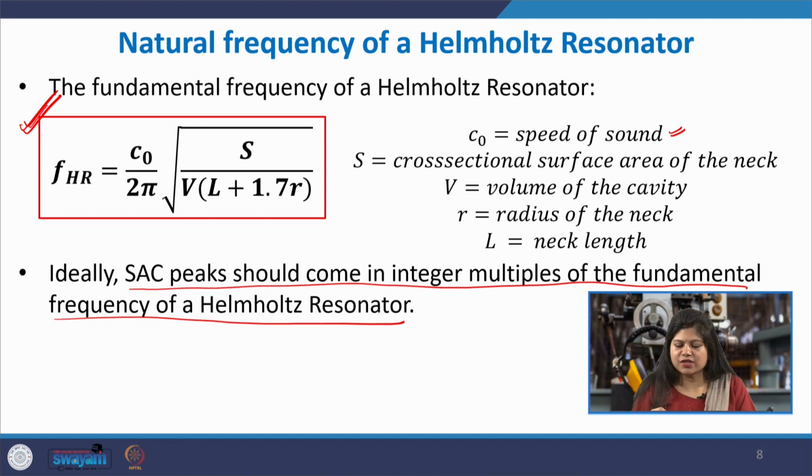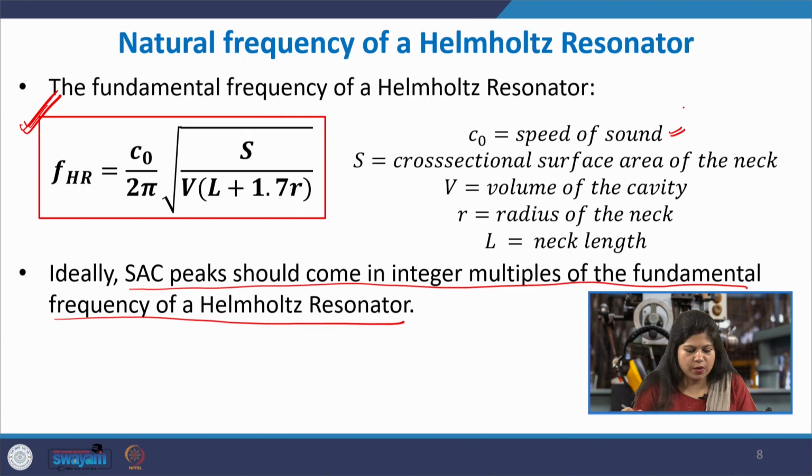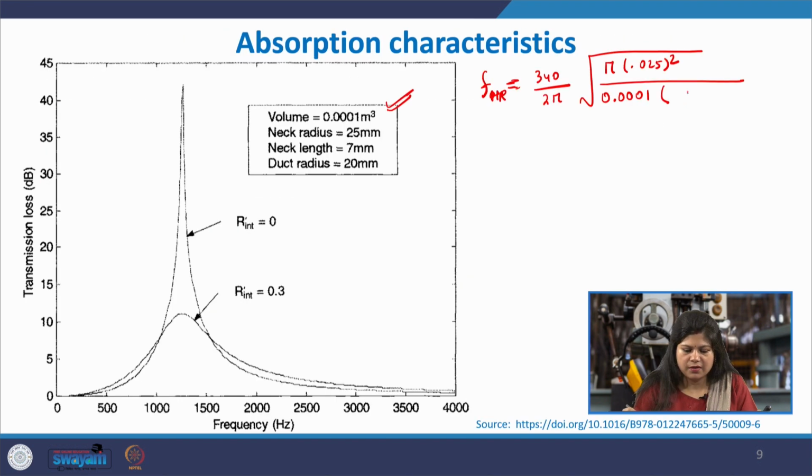So, S is the cross sectional surface area of the neck. So, the neck radius is given assuming a cylindrical neck. If nothing is given, you assume it is a cylindrical neck. So, pi times of this, pi r square, should give you the cross sectional area of the neck. The volume of the cavity in the SI unit is given as this, and then within that you have L plus 1.7 R. So, the length is 7 millimeters. I am writing everything in the SI unit, the radius being